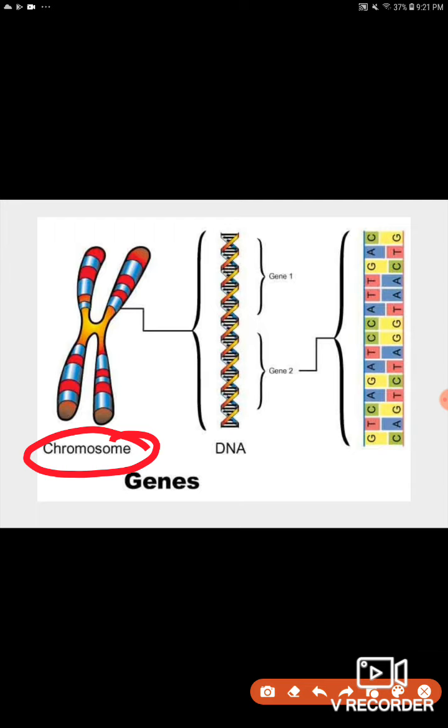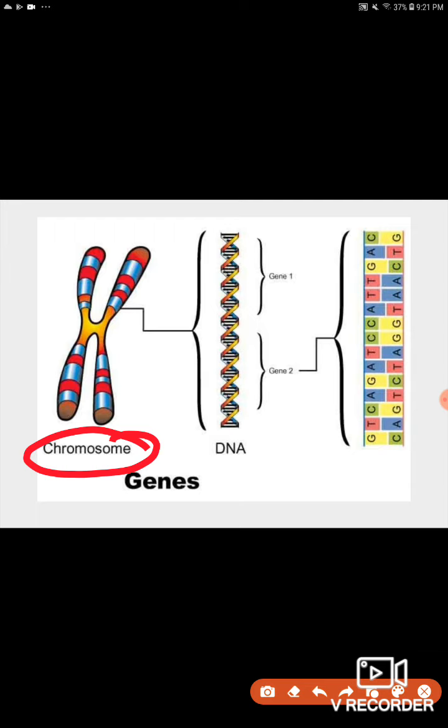Genes are arranged in a single linear order along the length of a chromosome. A gene is a functional unit of the chromosome, and one gene is usually responsible for one cell function. For example, gene 1 and gene 2. Maybe gene 2 has a coding sequence which can code a protein called keratin. So gene 2 is responsible for the production of keratin protein.